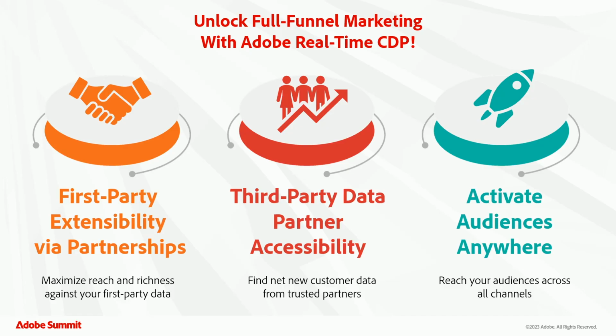The first is first-party data extensibility. We know that first-party data is very coveted. You can't just grow or find more of it overnight. So how do you get the most reach out of the first-party data you do have? This is something we've had live previously. It's called Segment Match by Adobe Experience Platform. I'll talk about it more in a second, but this is where you can partner with other brands with consent at the forefront and actually collaborate on overlapped profiles. So that is great for enrichment of your profiles, as well as able to target users across publishers without the